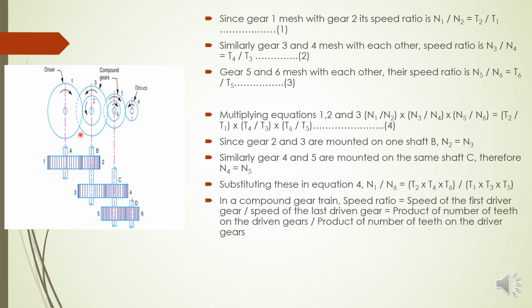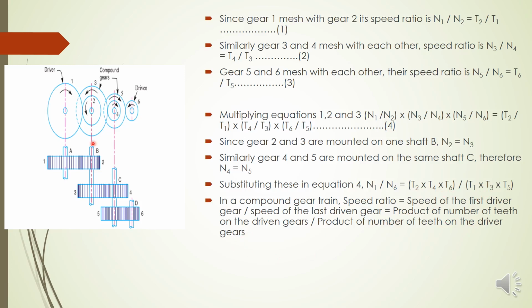Yes, 2 is rotated by 1, so 2 is a driven gear. Similarly, 4 is rotated by 3, so 4 is another driven gear. Similarly, 6 is rotated by 5. That is why T2 into T4 into T6 comes in the numerator,